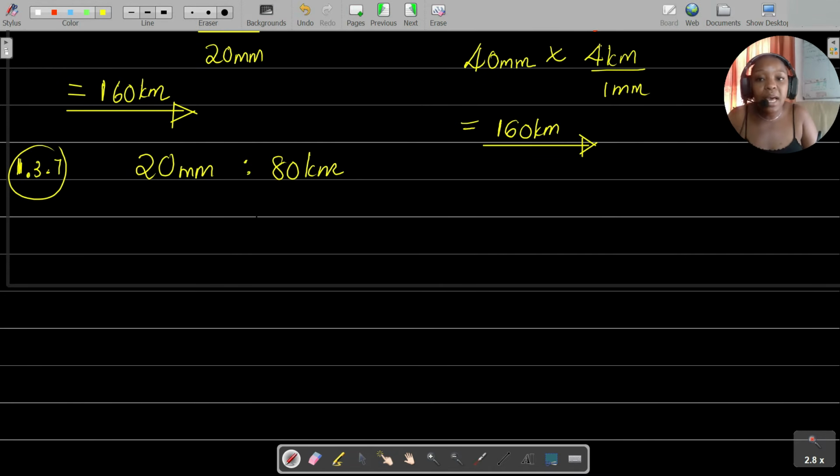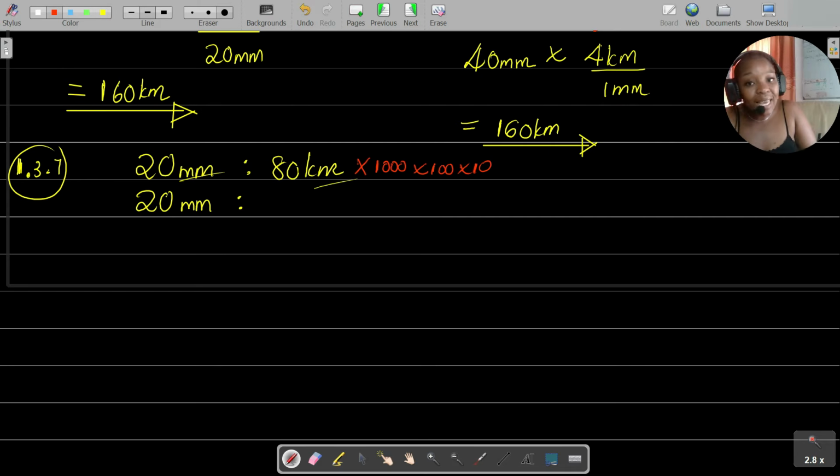First thing that we can see here is that our units are not the same. So before we can do anything, we need to change our units and make them the same. I'm going to change those kilometers into millimeters. So it's 20 millimeters is to... How do you convert kilometers to millimeters? Remember, you need to already be thinking back to that diagram. You are multiplying by 1,000, multiplying by 100, multiplying by 10. So it's the same as just multiplying by a million. So if you take 80 kilometers and multiply by a million, what do you get? You get 80 million